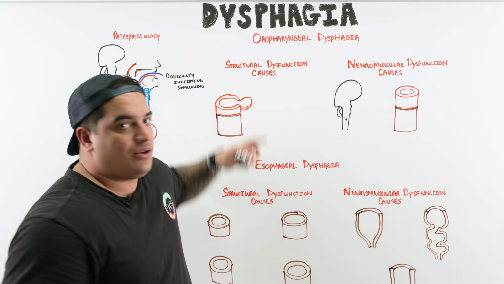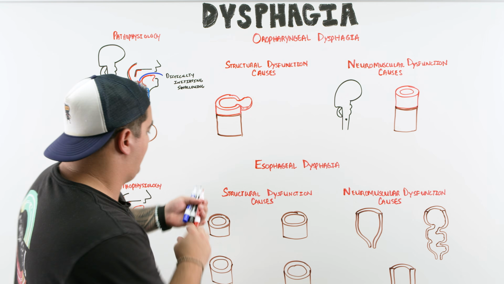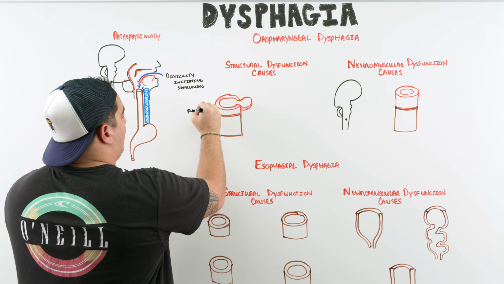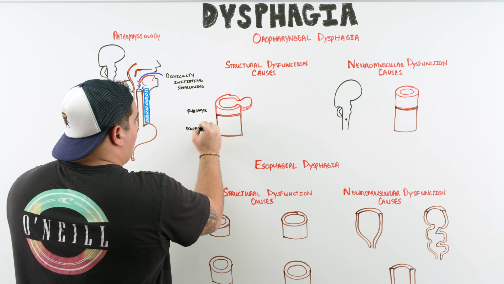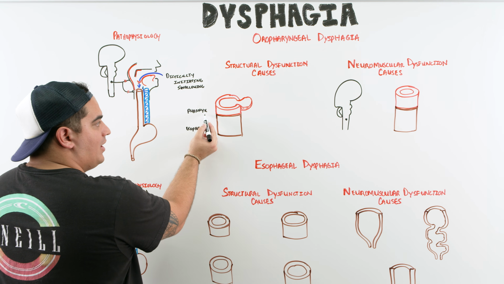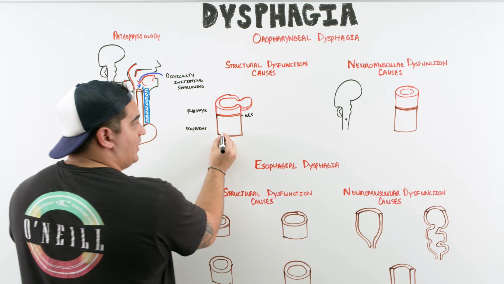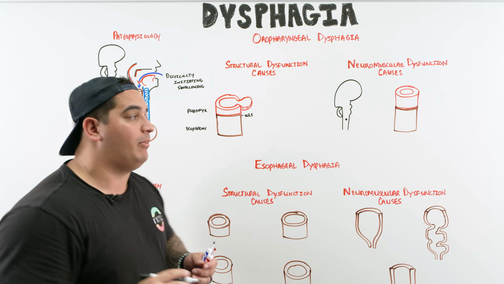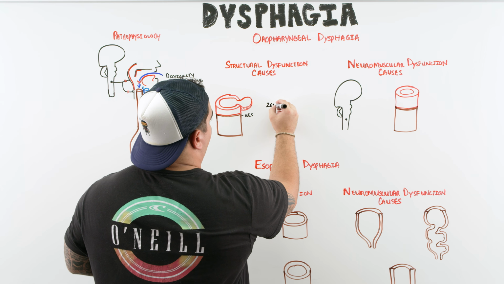If it's structural dysfunction, it has to be in the upper parts of the GIT. Here I have representing particularly the pharynx in red, and then here we come to the esophagus. In order for this to be oropharyngeal, it can't involve the esophagus, it has to involve the pharynx. So what we use as the landmark is the upper esophageal sphincter of the esophagus. Right above that, what ends up becoming a problem is in older individuals, they can develop a disease called a Zenker's